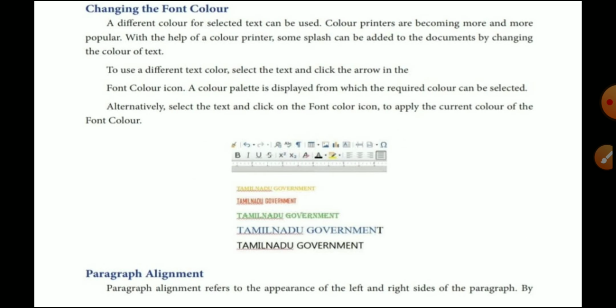Next one, changing the font color. See here, that diagram looks very nice, and we can also change that ourselves. That is also possible. Select the line one by one and then change the color of your text, or you can give a background color as well. That is also possible. Maybe we will see that next. So, you have to try it yourself.